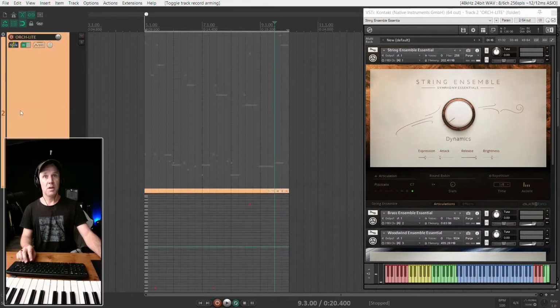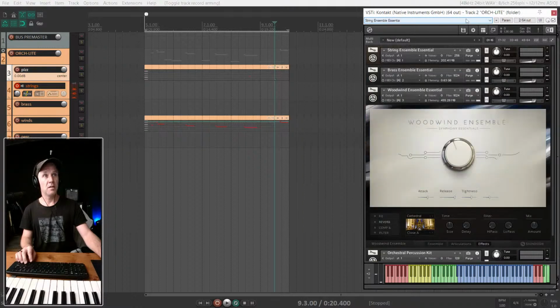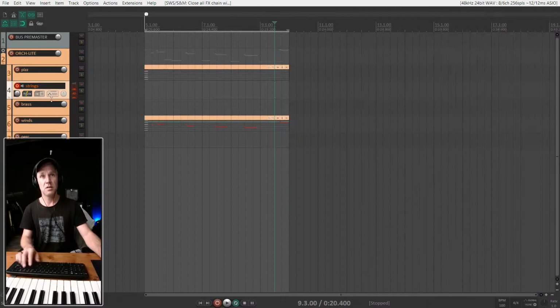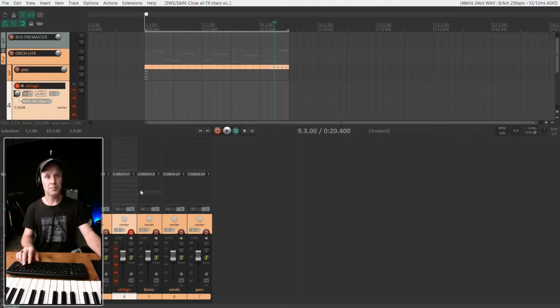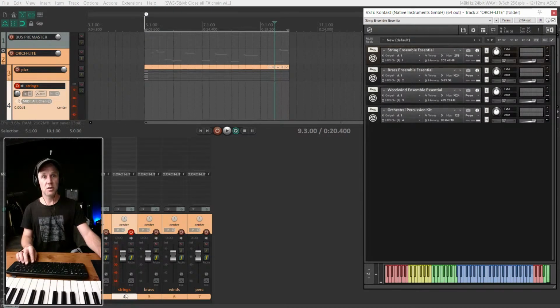So the problem is, I think, to do with the routing. I think these two instances of Kontakt are one, and I'm editing the wrong one. So let's open up this. Let's close everything down firstly, and then open up the correct one, which is going to be... I see, yes, I've got two tracks being pulled into the Orchestra Lite master track, which is where the Kontakt